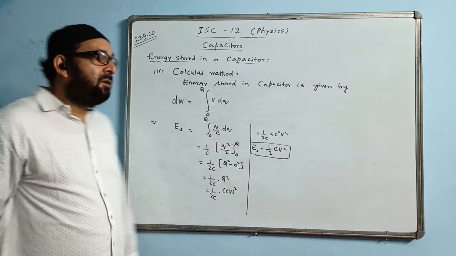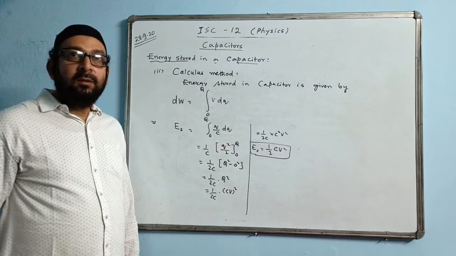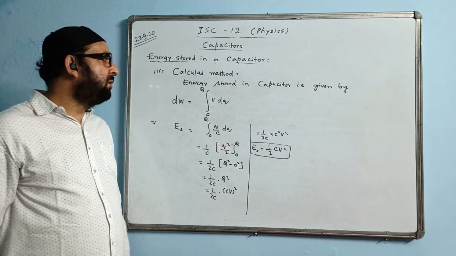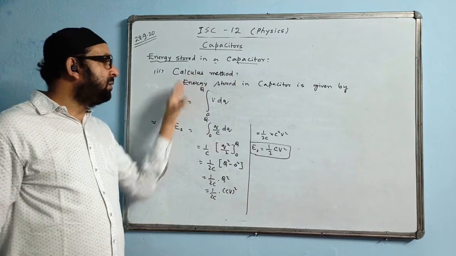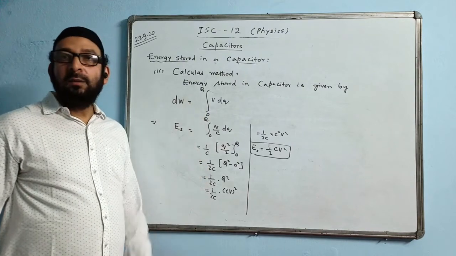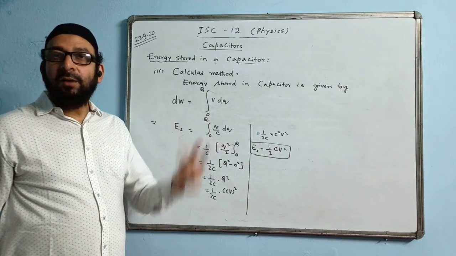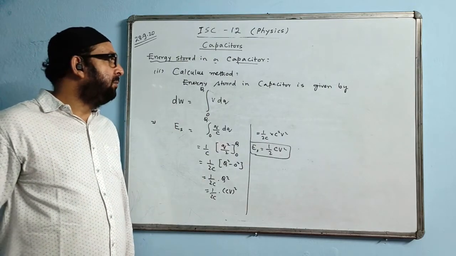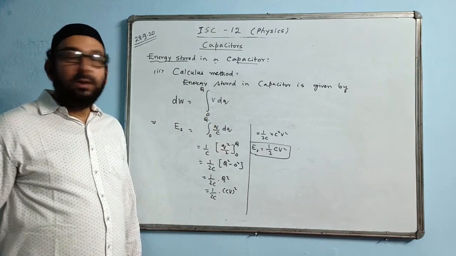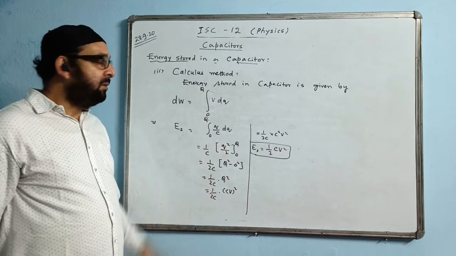In the question, they will not mention to use the calculus method or the graphical method. But it depends upon the marks allotted to the question. If the marks allotted to the question is 3, we will follow the calculus method, that is better. And if the marks is 2, they will be following the graphical method. By chance, if we don't remember the calculus method, then do the graphical method, at least 2 marks you will get. But the best for a 3 marks question is to do the calculus method. And the formula will come out to be the same. So this is the formula.